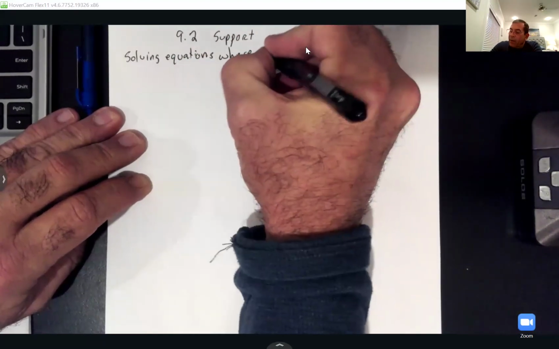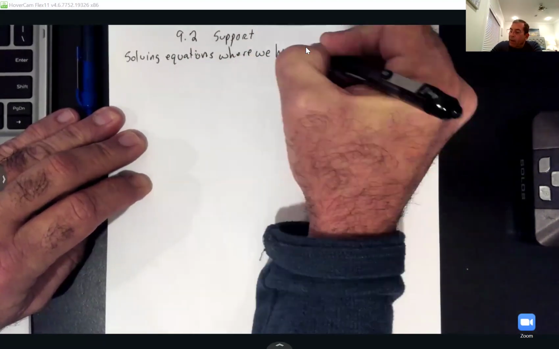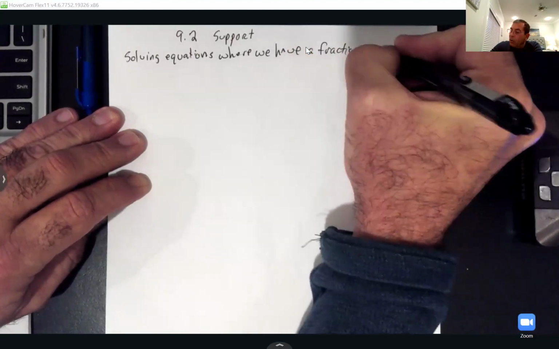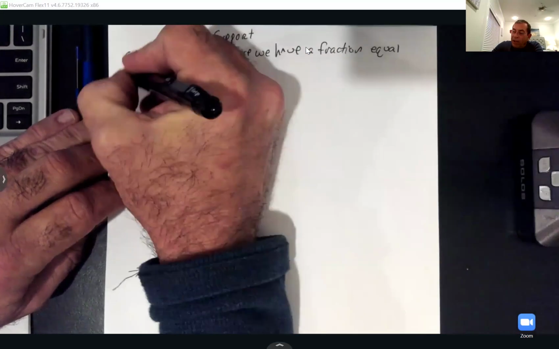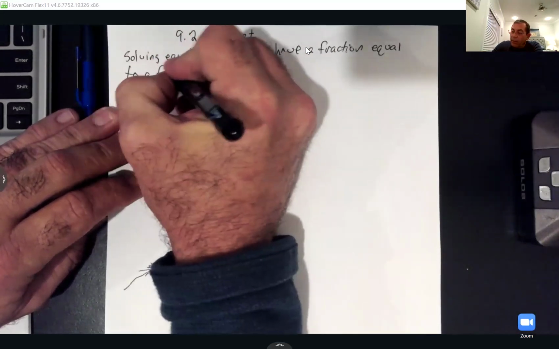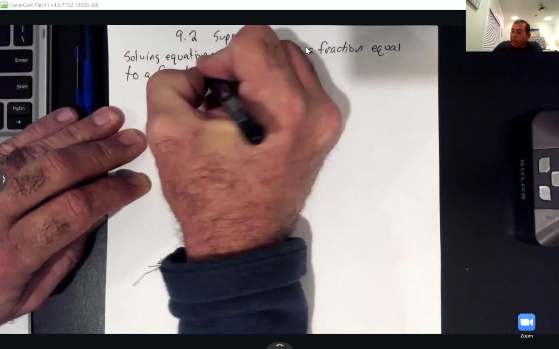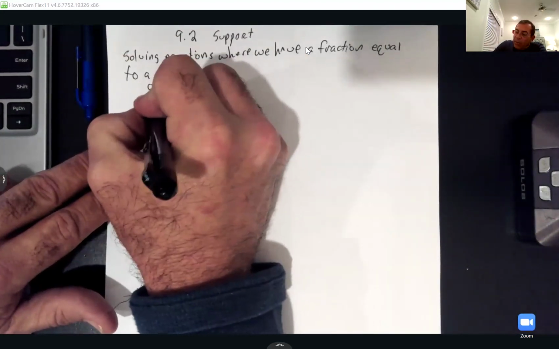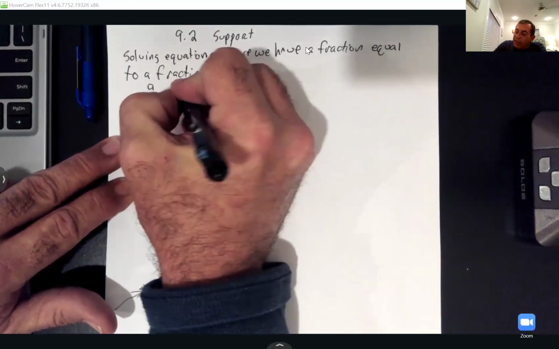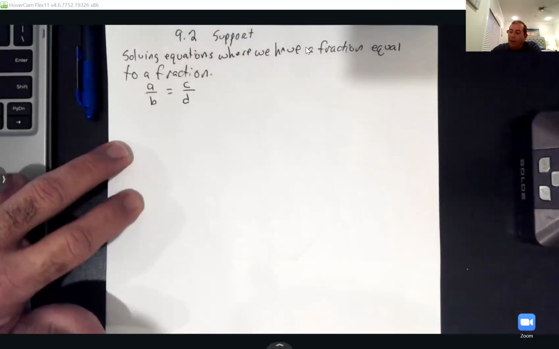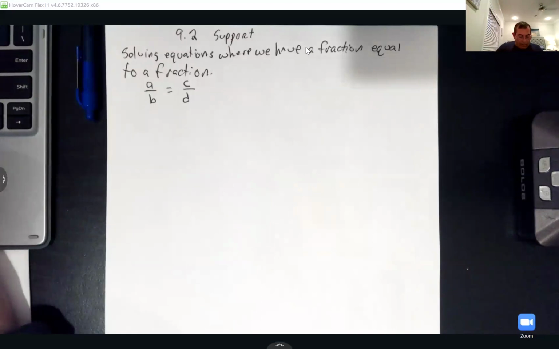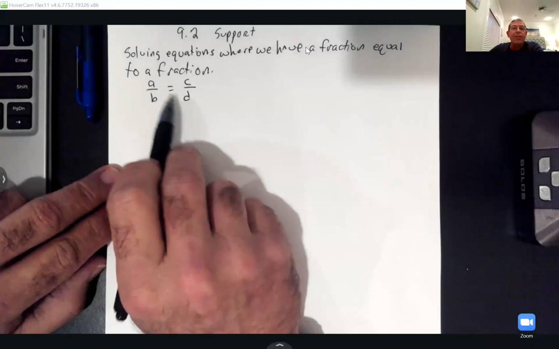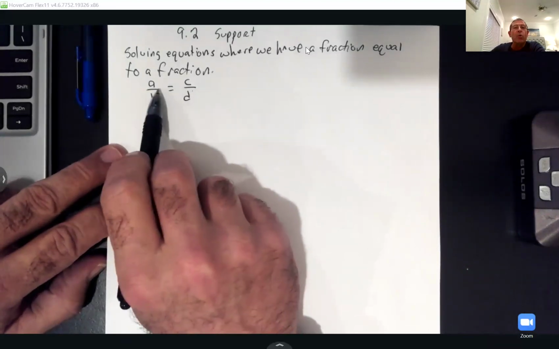Where we have a fraction equal to a fraction. So I'm going to have something like A over B equals C over D. All right, y'all. So when we got a fraction equal to a fraction like this, the way we solve this,